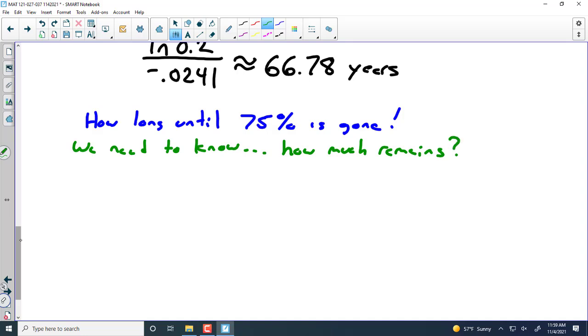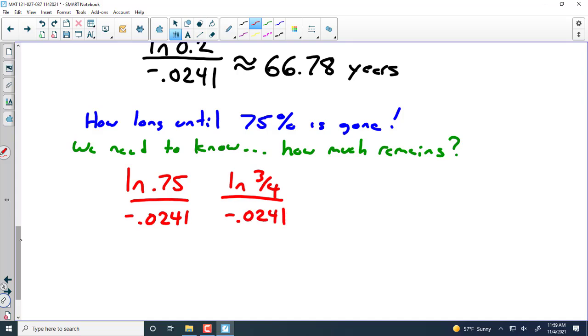So unfortunately, as soon as I see that 75%, I get so jazzed that I'm like, oh, I must do this. ln of 0.75 or ln of 3/4, doesn't matter which one because I'm so smart. But unfortunately, these will not give you the right answer because they're messing with us. Because the way these are set up is we need to know how much is remaining. So if 75% is gone, how much is remaining? 25% or 1/4. So really what we needed to do